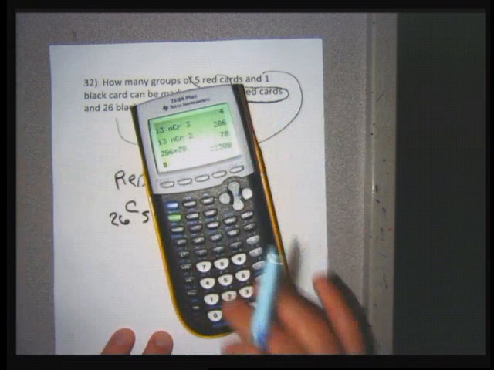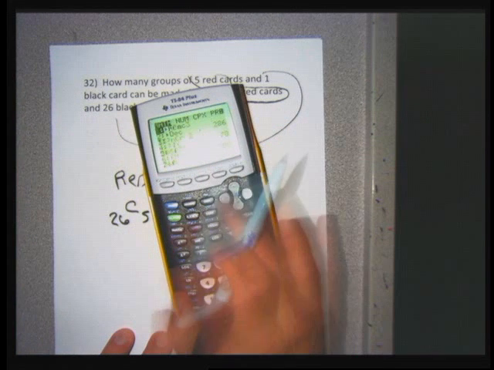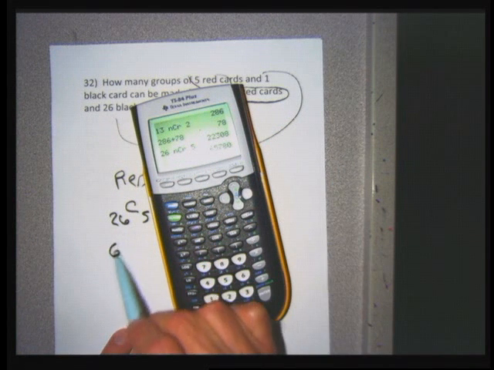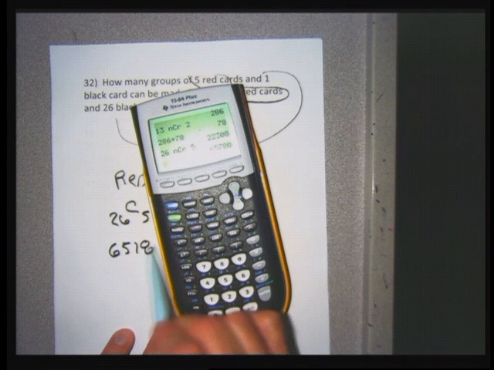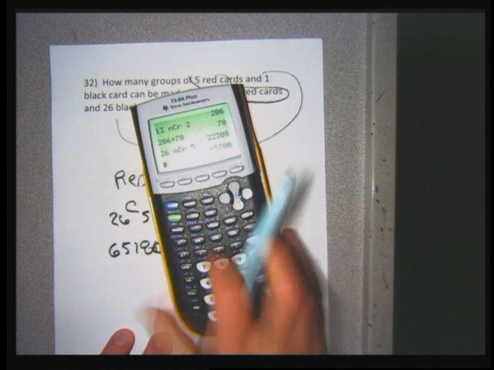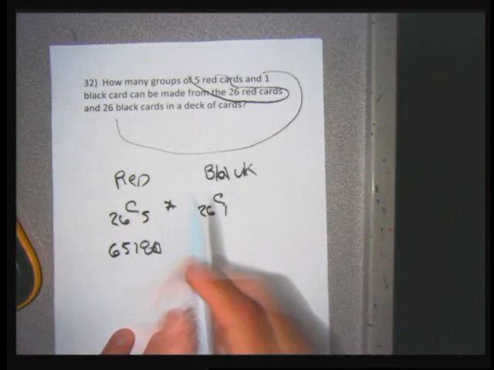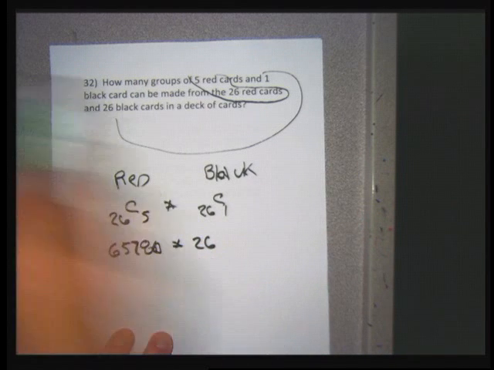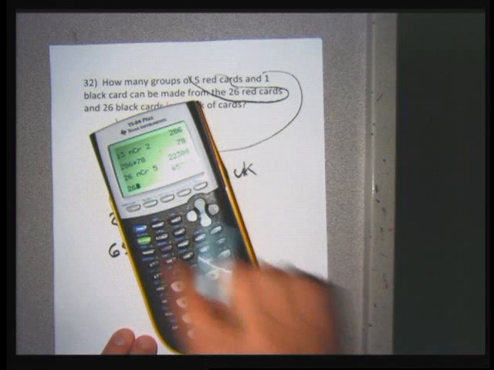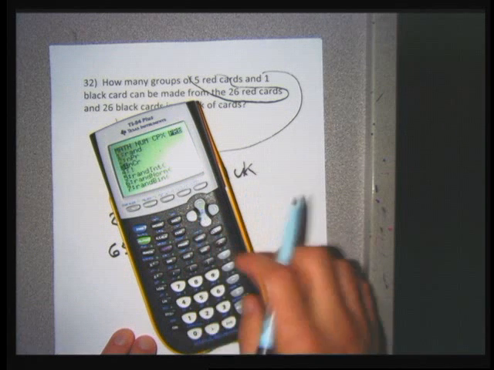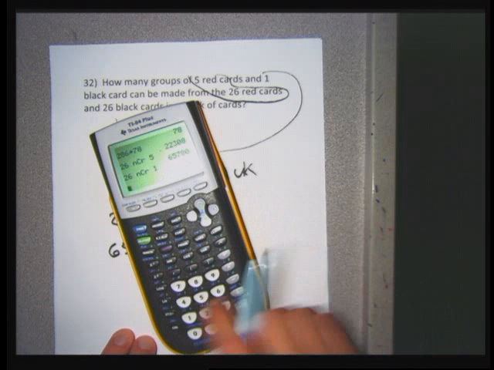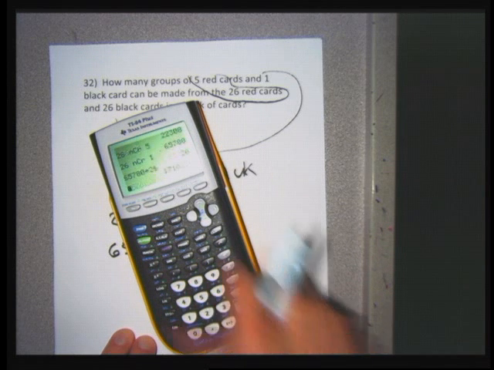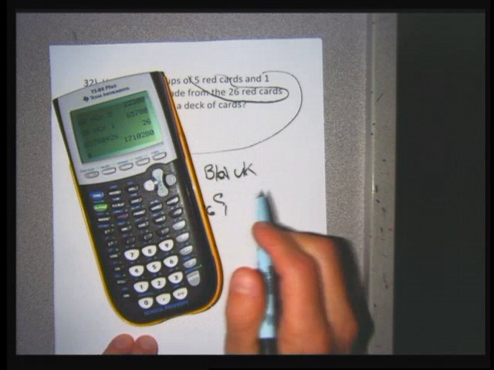So 26 math choose 5 is 65,780. And then 26 choose 1 has to be 26, but I'll make sure of that. So 26 math choose 1. So now I'm going to go 65,780 times 26 and get a huge number,